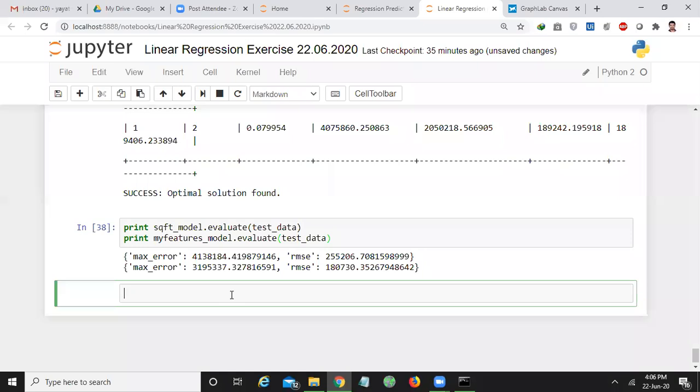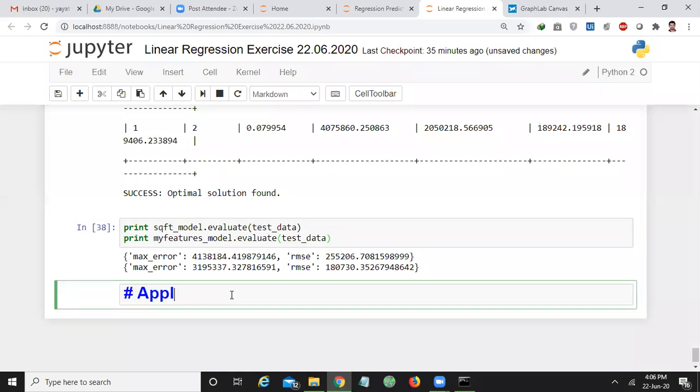For that, I'll create a markdown: apply learned models to predict prices of 3 houses.